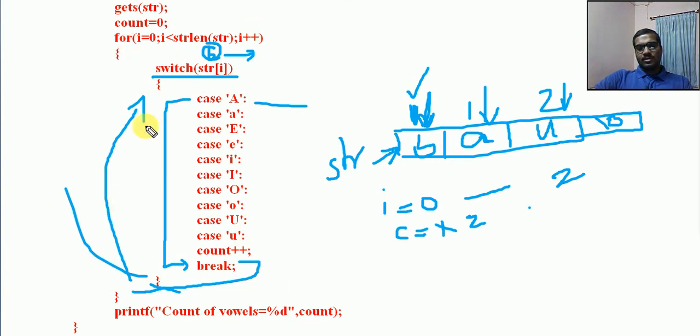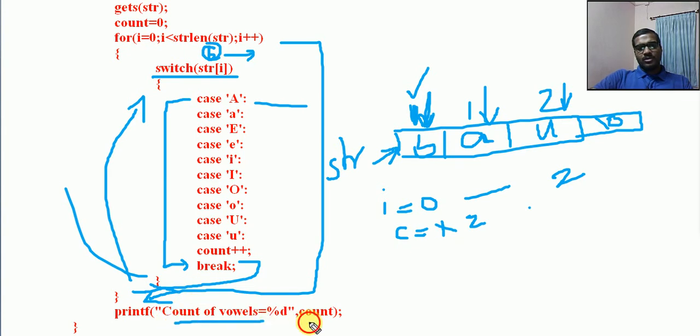Okay, remember that. Next iteration, I will be incremented, so this condition fails and it will go out of the for loop. Now printf count of vowels is equal to the current value of count, that is 2, for A and U. We have two vowels present in our program.